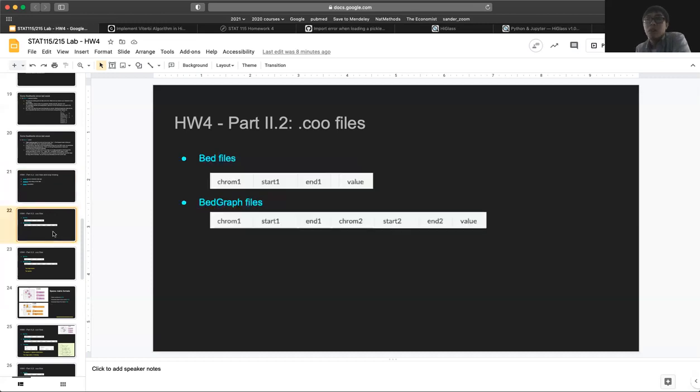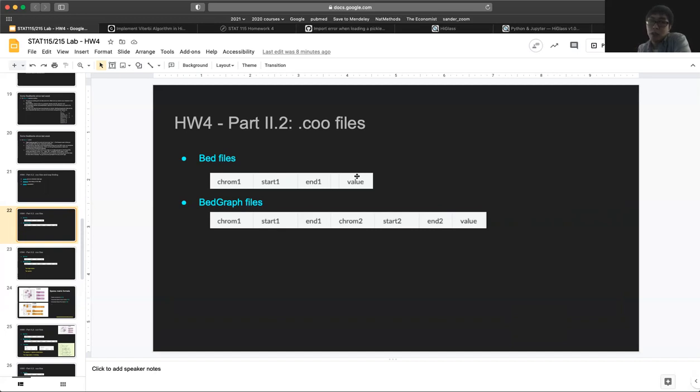So what is cool files? Or what is so cool about it? Okay. So we have already played around with these so-called bed files, where you have these locations of your specific genomic region, and you can have a value. In our previous example, this value is gene expression level. Okay, and now imagine if we are now trying to